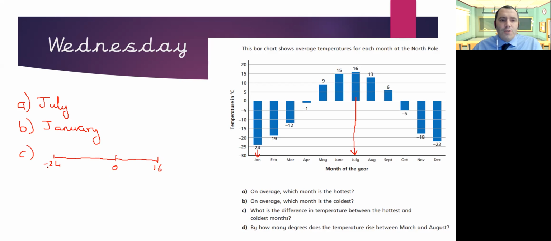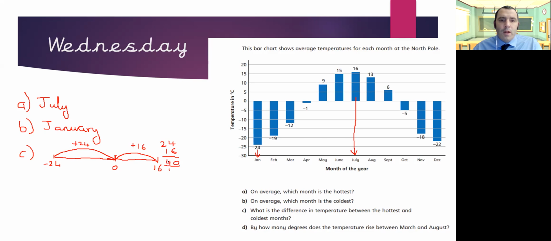So to get from minus 24 to 0, that will be my first one to work out. I need to add 24. And then here, I've got 16. So I need to add 24 and 16 together, which gives me